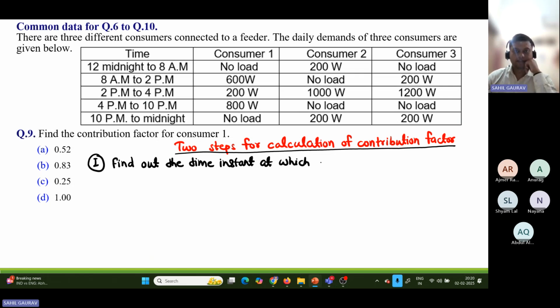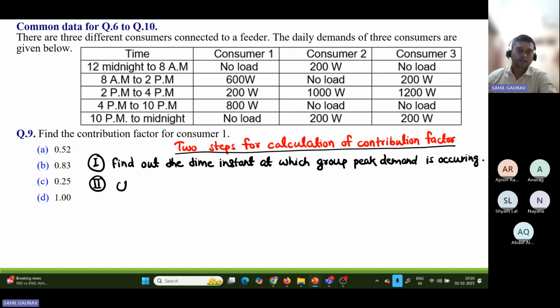at which group peak demand is occurring. Group peak demand is same as aggregate peak demand. It is same as coincident peak demand. So all are having the same name. Group peak demand, aggregate peak demand, or coincident peak demand. After finding the group peak demand, you have to apply the